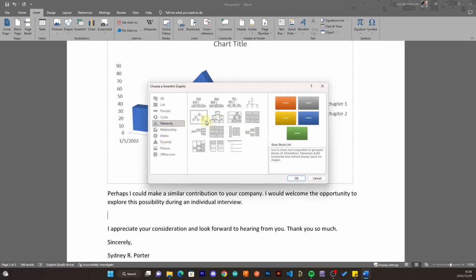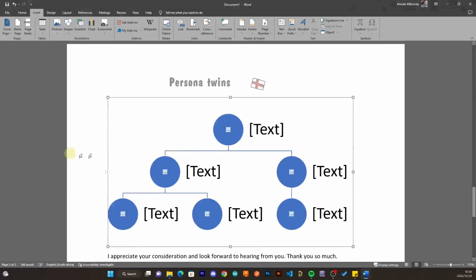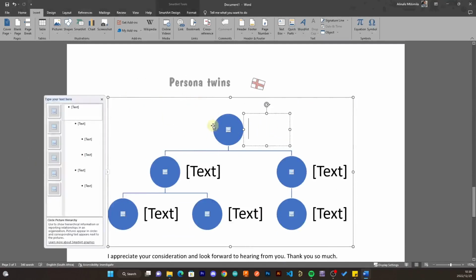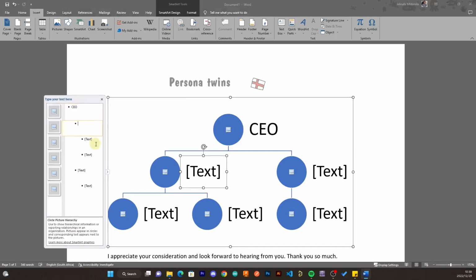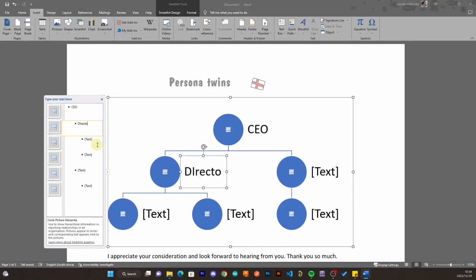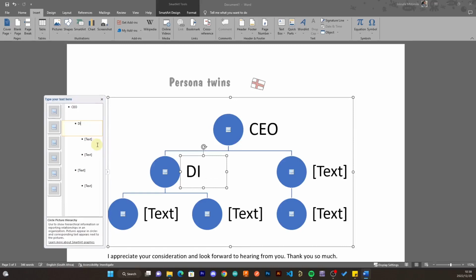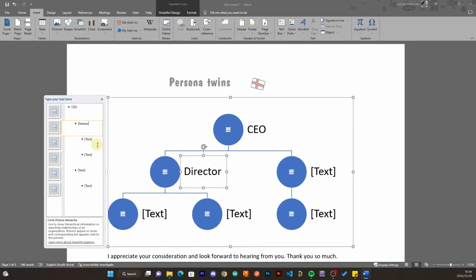Okay, let me just go to here on this graph. You just place in smart art graphics. So in order to do so, you just click anywhere you want. So if you click here, you can change the word. Maybe here you can say CEO if you want to put company hierarchy, and in here you are going to place maybe director. Okay, director. In here you can have